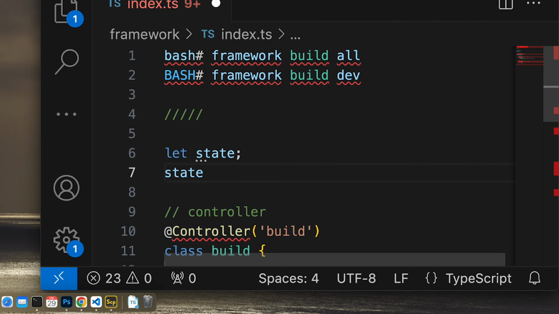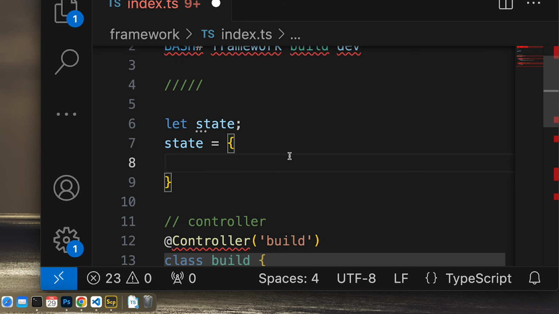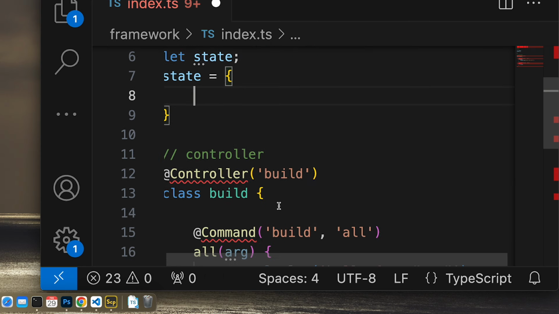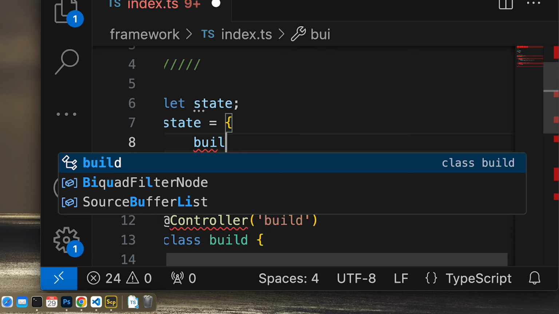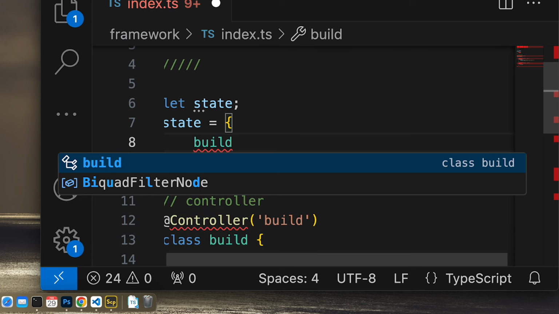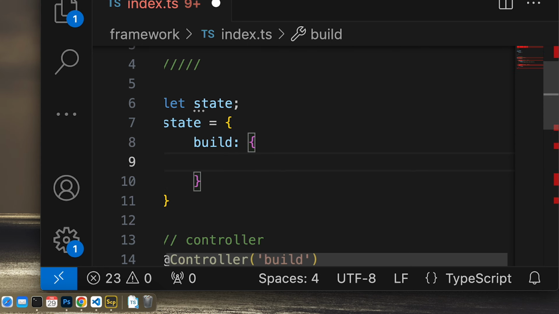And state will be an object. And it will look like this. So if we have this configuration with the build and all that stuff, then we will have a field called build, and that's a nested object